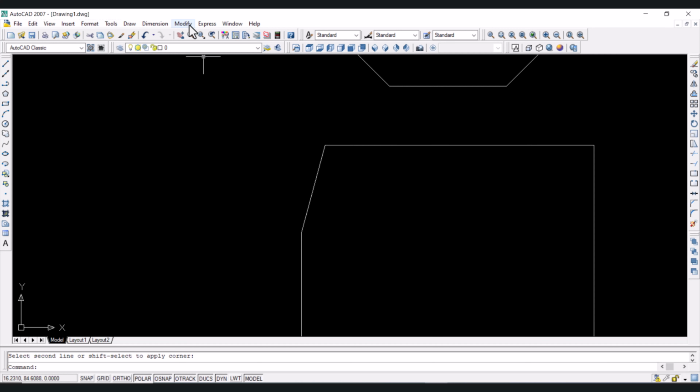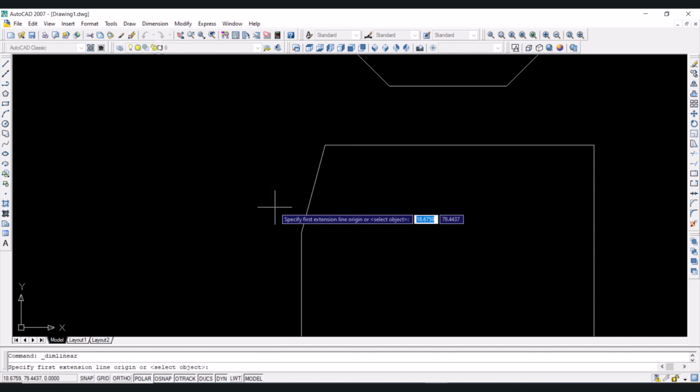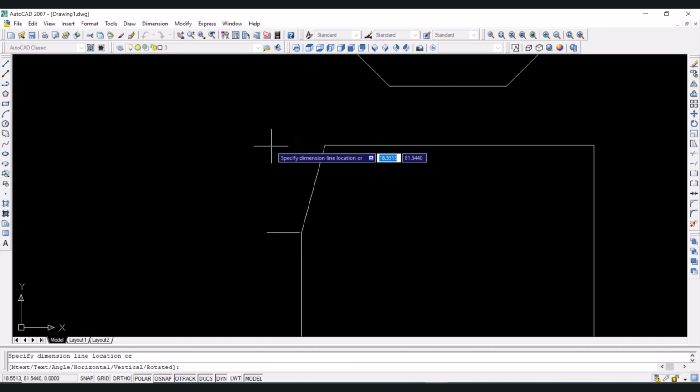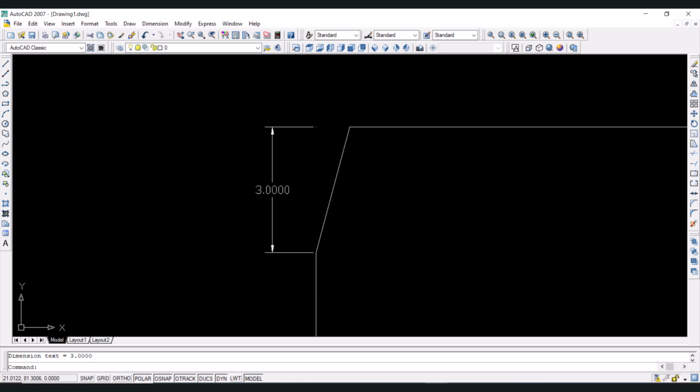We can even check that by using dimensions. So click on dimensions, click on linear, and let us click on this endpoint now, and let us trace this point, and we got the intersection, perpendicular intersection. If we click and then move the cursor outside, we can see that this is 3 mm. Now if you want to check the angle,